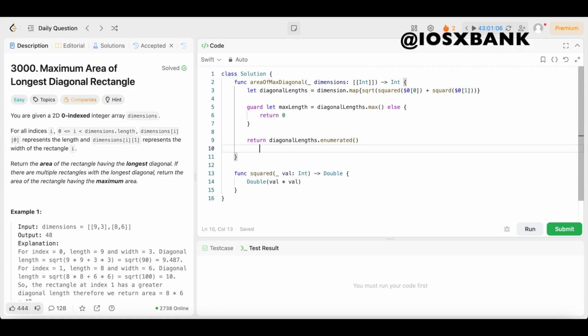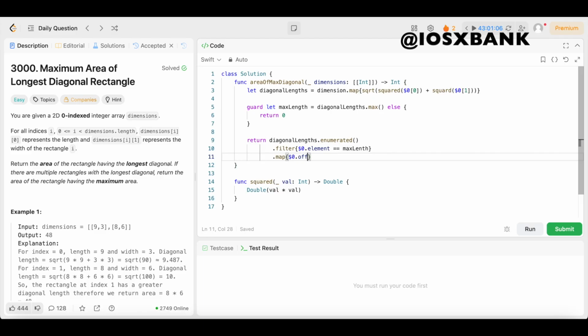Then underneath this, we say dot filter, open up the brackets, $0 dot element equals maxLength. Boom. So that's going to keep only the max diagonal rectangles. Then we need to extract their indices by coming underneath that and saying dot map, open up the brackets,